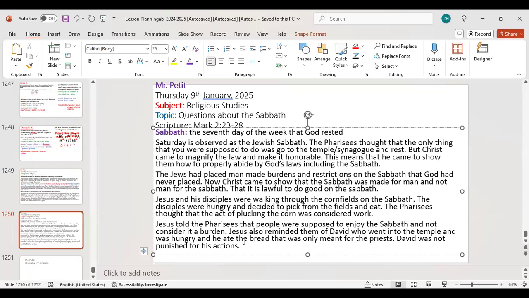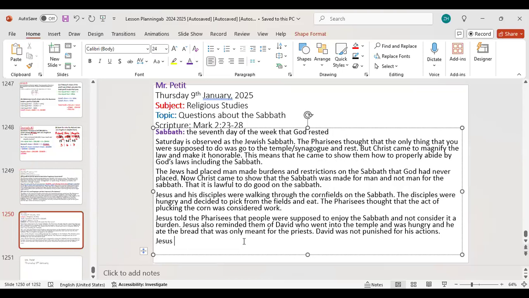What do I mean by that? The Jews had these extra rules placed on the Sabbath that God had not enjoined, and Jesus is trying to show them the right way to keep the Sabbath. Now, Jesus did not want them to feel that observing the Sabbath is not important. He knows it's important, so Jesus did not mean that the Sabbath is not important, because he is the lawgiver. So of course the Sabbath is important, but he wanted them to prioritize